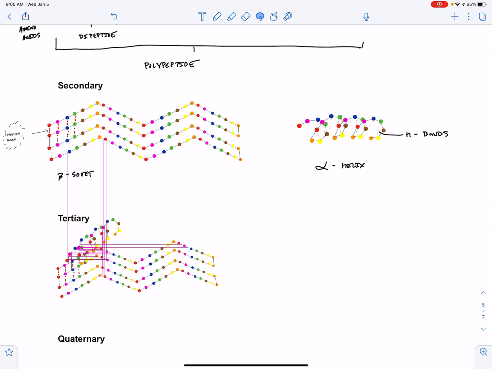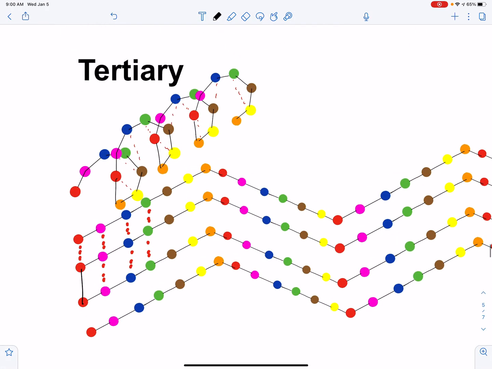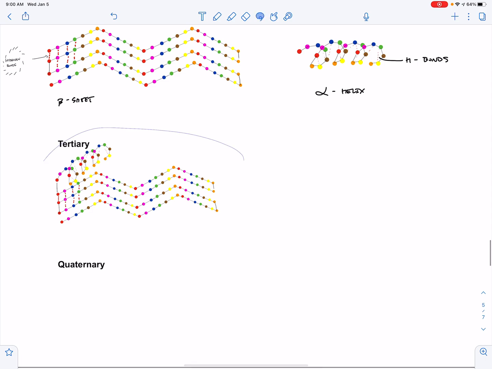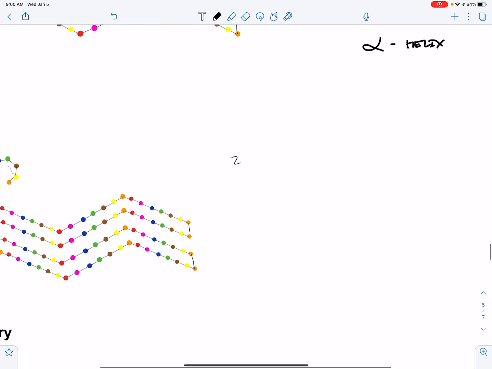They would be joined together somewhere. So you might have a beta pleated sheet hanging off of an alpha helix like so. And so a tertiary structure is going to be composed of two or more, usually more,